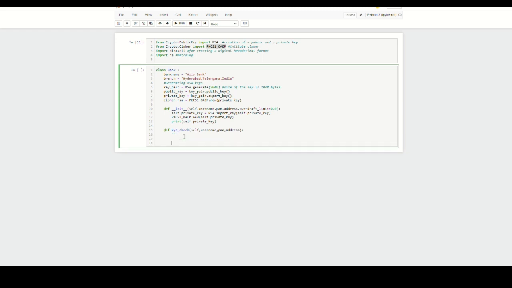No, actually this is something that's going in my head, but you will be wondering what validate is. I'll define validate first so that it's not confusing for you. Under the KYC check I would have to create definitions for validating username, PAN and address respectively. So how will I do that? I'll show you. Self, username, return bool. Bool is boolean, basically for true or false. I'm going to use the re library here, re.match, open string like that,